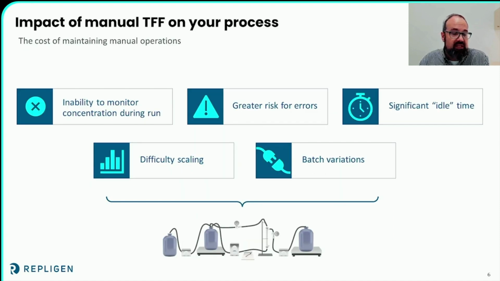So what are the impacts to your process of running a system like that? They can be significant. How about the inability to hit your target endpoints and ensure the process is running accordingly? Batch variations in intermittent data can lead to questionable data and add difficulty for any scale-up considerations in the future. Downtime between exchanges of single-use components is a waste of your time and your company's time, and we can never overlook the risk of human error.